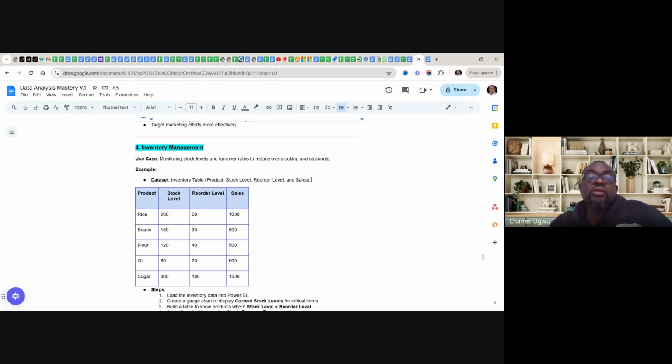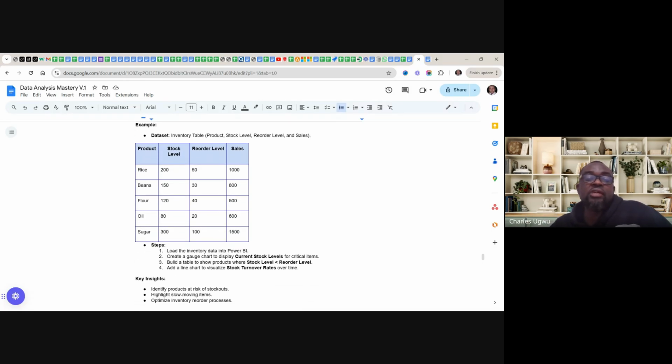Here is how the data set looks: product, stock level, reorder level, and sales. If you have this kind of data, you can connect to Power BI and create a gauge.